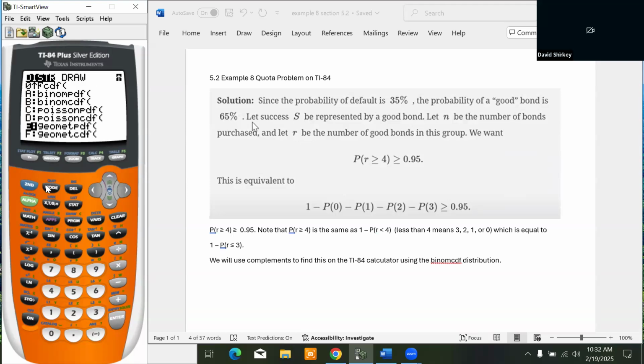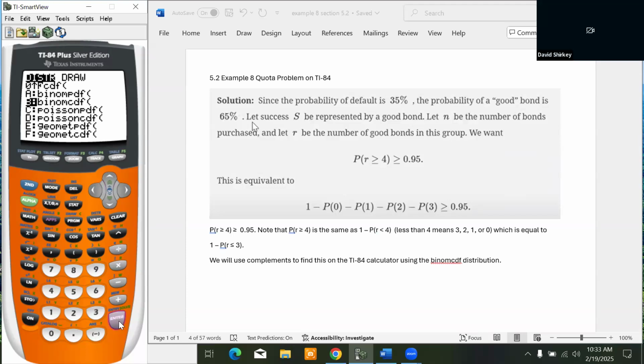Oops, let me do this first. All right. So I'm going to do 1 minus that probability. That's important. I'm doing the complement. So I want 1 minus the probability that R is less than or equal to 3, right? So now I'm going to go into second distribution and arrow up to option B, which is the binomial CDF,